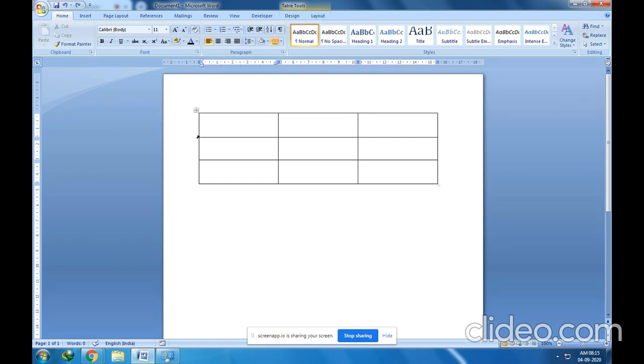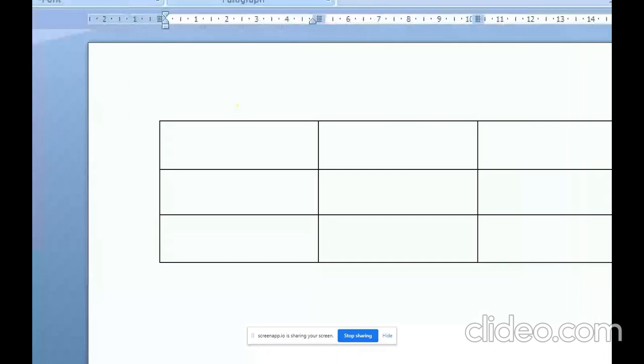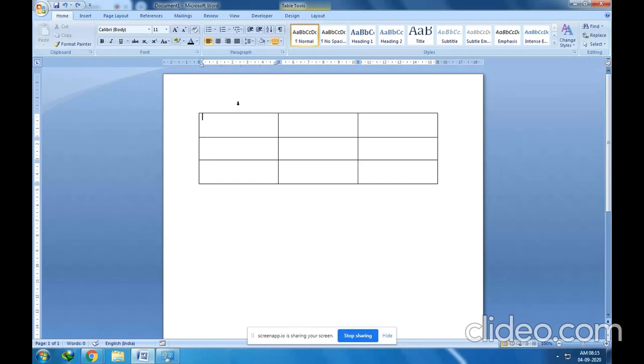First of all, if you want to select the entire column, take the mouse cursor to the top of that column. Now let's say I want to select the first column entirely. So I'm bringing my mouse cursor to the top of the first column. You can see here clearly, right? My cursor was right here. You will observe now, see, my cursor is here. So just click once. The entire column has been selected now.